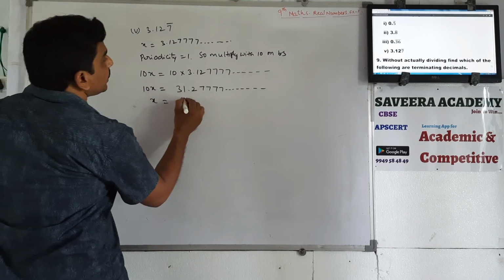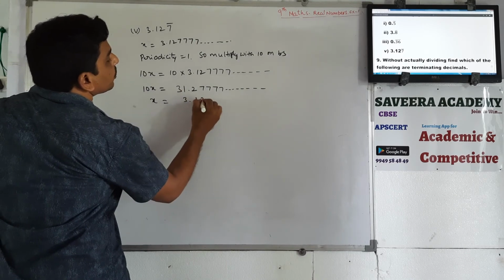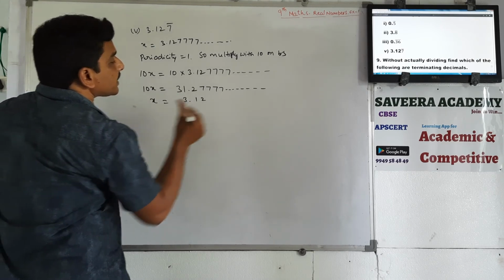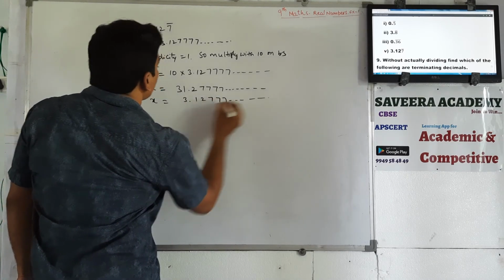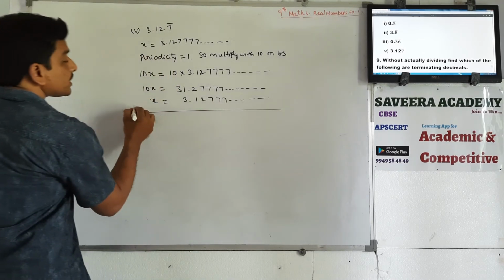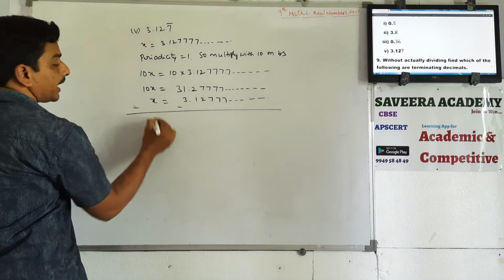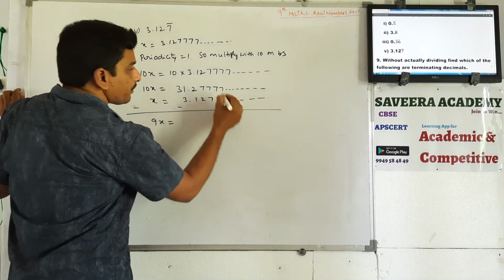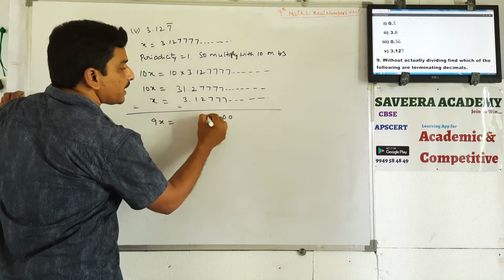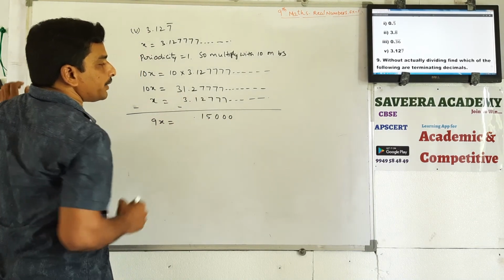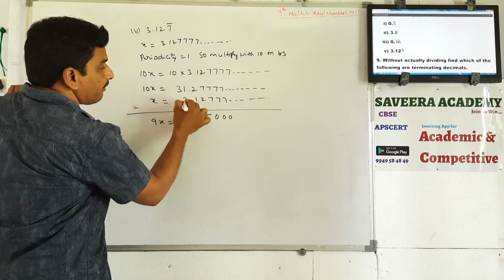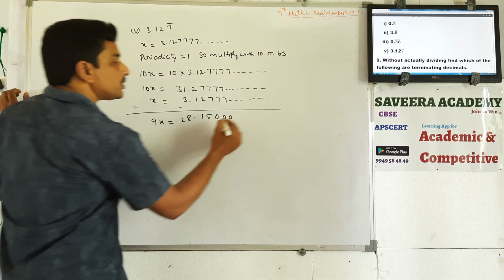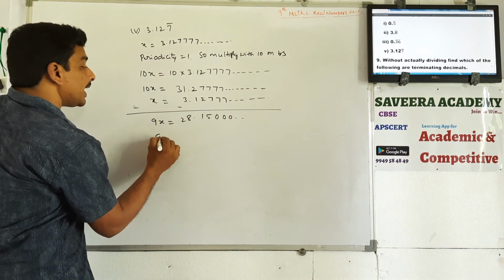x is equal to 3.12, then 7 is there, 7, 7, 7 and so on. Now do the subtraction. 10x minus x is 9x. Here see, 7 minus 7 is 0, 7 minus 7 is 0, 7 minus 2 is 5, 2 minus 1 is 1, 11 minus 3 is 8, 2 is there. 28.150000 and so on. Therefore 9x is equal to